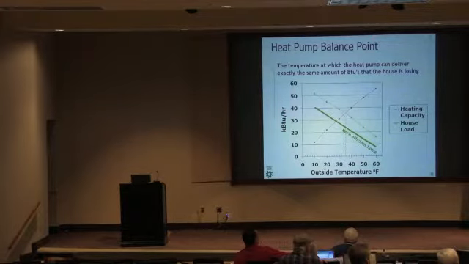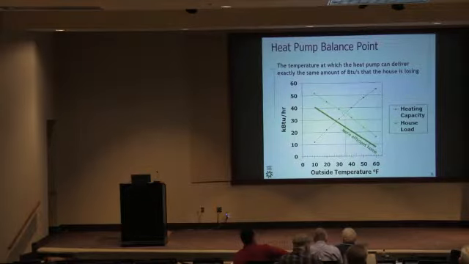Return side duct leakage is a killer in the heating season because, if I'm returning air from my house through that system, I'm bringing that return air and I'm trying to heat it up, right? So it's coming back into that system at what, 65, 67 degrees? And I'm trying to warm it up and supply it into the house. If that's outside of my thermal envelope and I have a return side duct leak and it's sucking in cold air in the winter, it's sucking in 40-degree air, that's going to kill the ability of my heat pump to